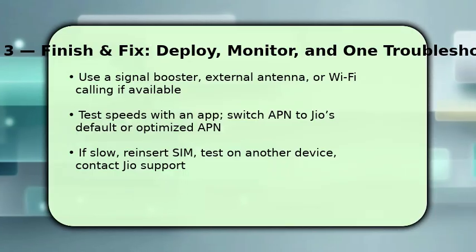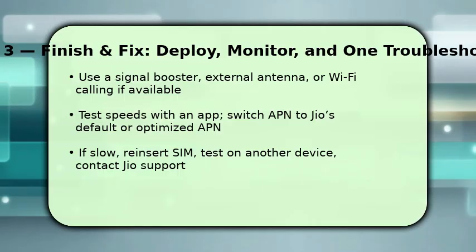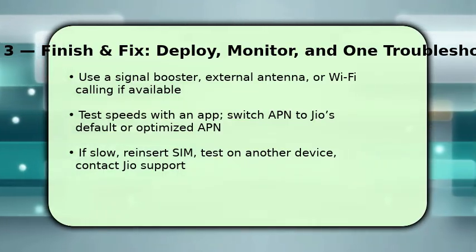If needed, reset APN to Jio's default or an optimized custom APN to fix routing issues. If problems persist, reinsert the SIM, try another device to isolate the phone, and then contact Jio support for tower-level